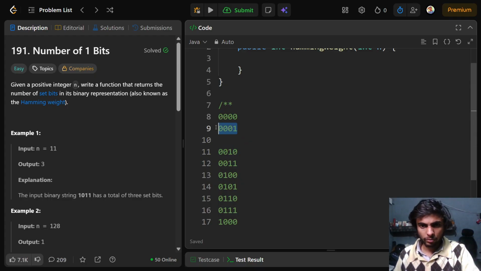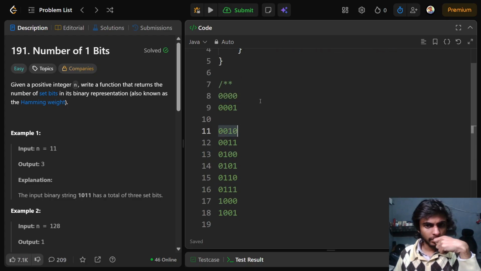Well, we know we can use these two numbers as our base conditions. If n is smaller than 2, just return n. If n is 0, then it has 0 ones. If n is 1, then it has only 1, and based on that we can check